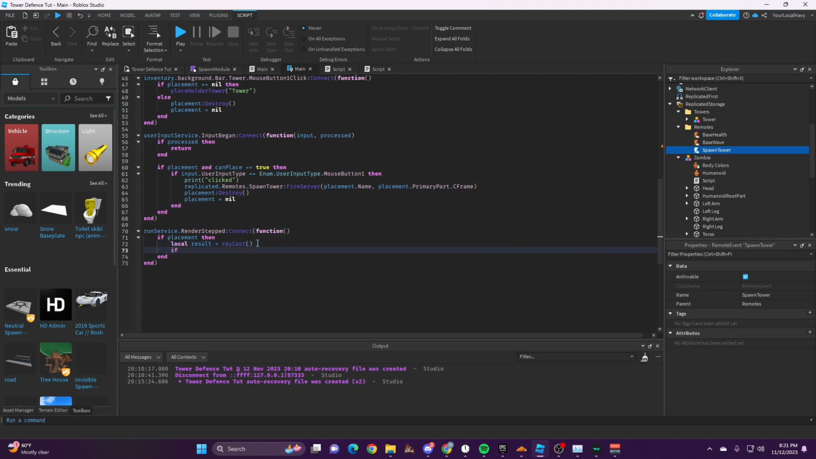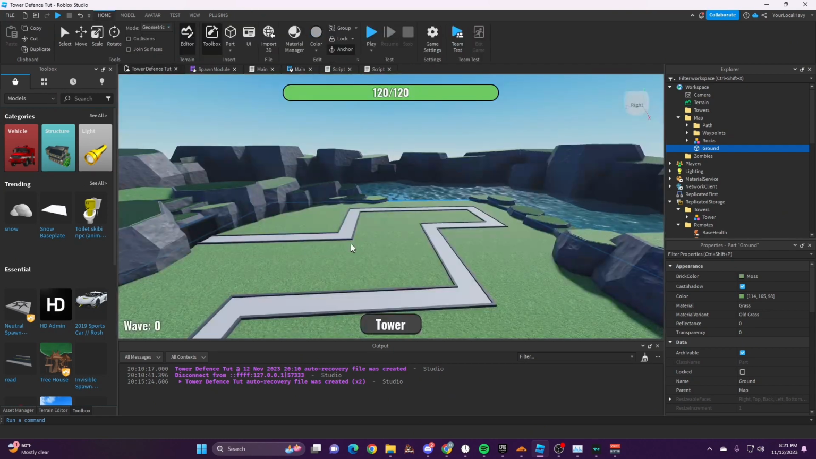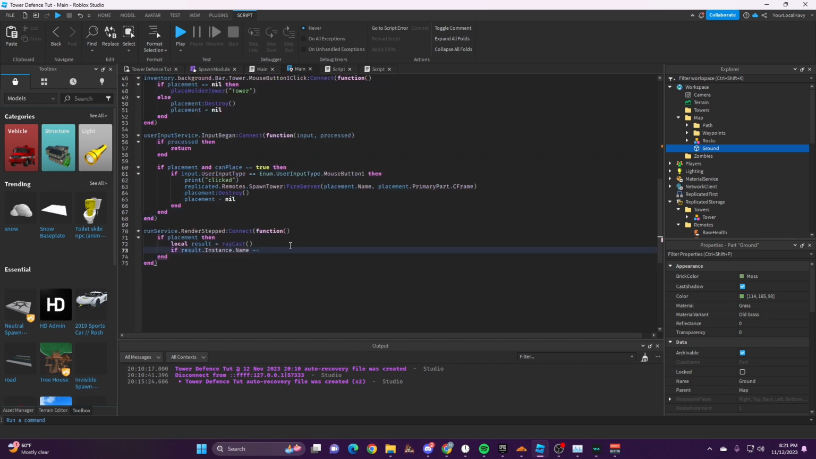And then if result dot instance dot name. So this is for where we are able to place it. And so basically my spot where you could place will be called ground, which is where we'll be able to place it. And then, sorry, go back to the script. So if the name of it is not ground, so our raycast is grabbing the name of it too, which is the instance.name. If it's not named ground, then